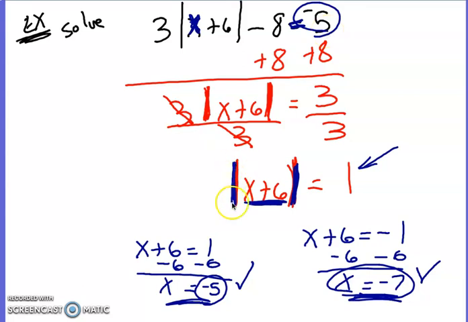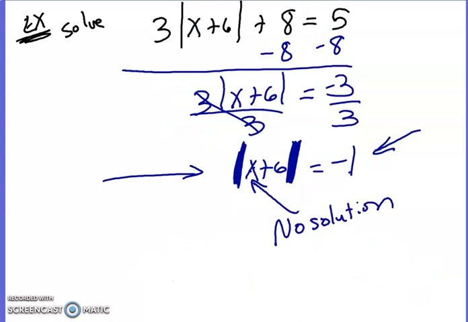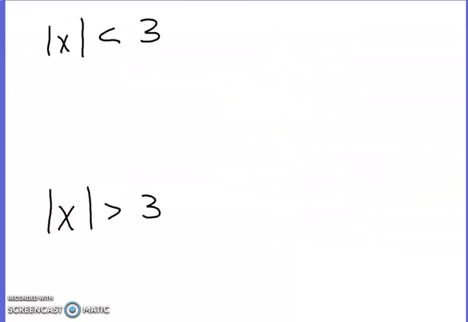You have to work it down to nothing but the absolute value. Once you get it down to nothing but the absolute value, if it equals a positive number, then you can solve it. If the absolute value equals a negative number, it's impossible to solve. Just like this one. Again, absolute value cannot equal a negative number. So let's consider